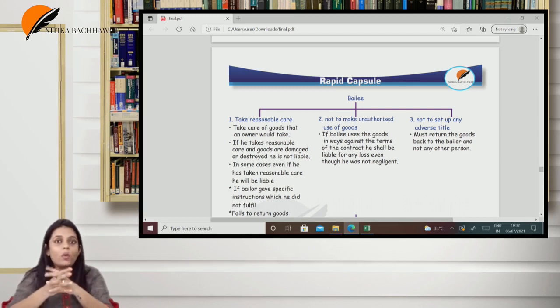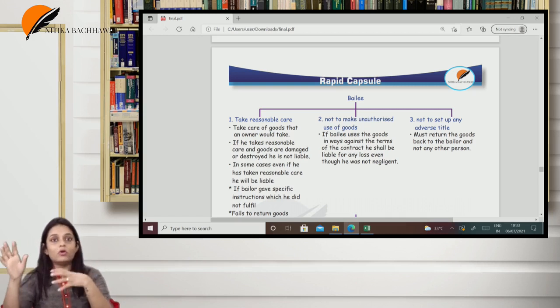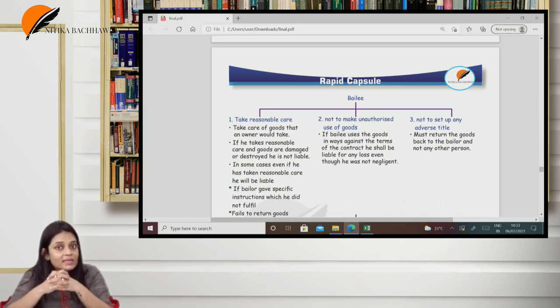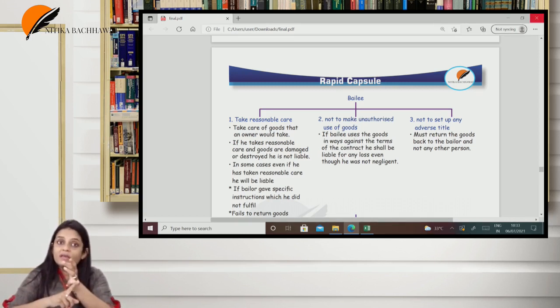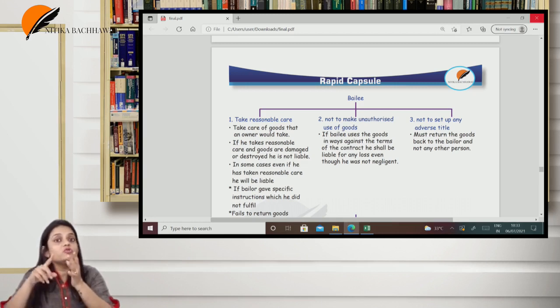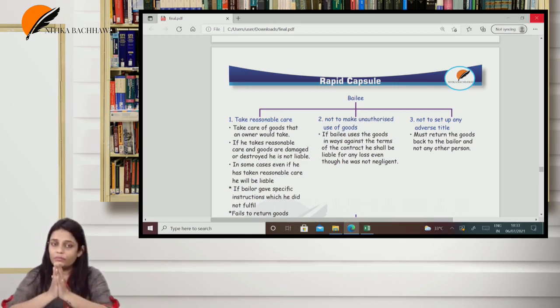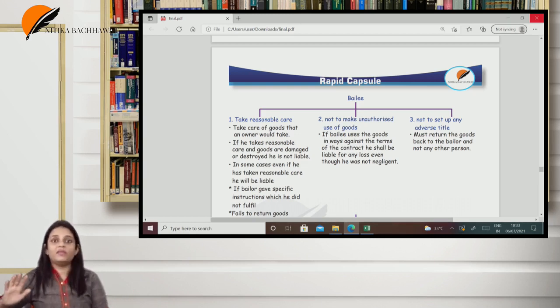So if, let us say, you have a piece of jewelry, you will not keep it on your dressing table. If you do that, it is not reasonable care. But if you keep it in your cupboard or the almirah or the locker, then that is reasonable care. If the bailee has taken reasonable care of the goods and if anything happens to the goods, the bailee is not liable. However, in some cases, even if the bailee has taken reasonable care of the goods, he is still liable for the goods. If the bailer has given specific instructions and the bailee fails to follow those specific instructions,